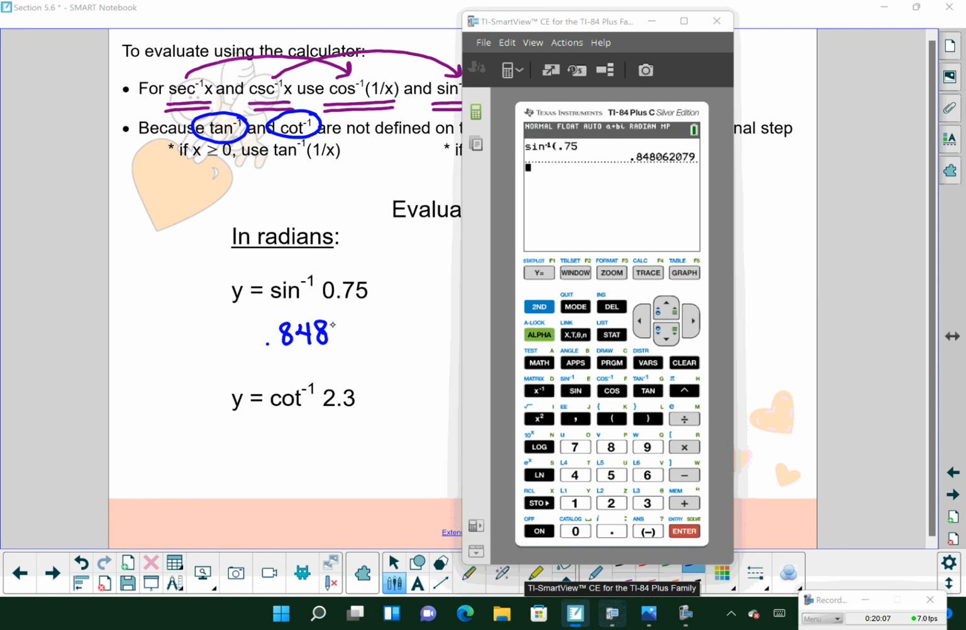Okay. Let's do inverse cotangent of 2.3. Now we don't have an inverse cotangent button, so how we type this in is inverse tangent, and then we use the reciprocal of the value that we have. The reciprocal of 2.3 is not a fraction, so the easiest way to get it is just do 1 over 2.3, and that is our answer,